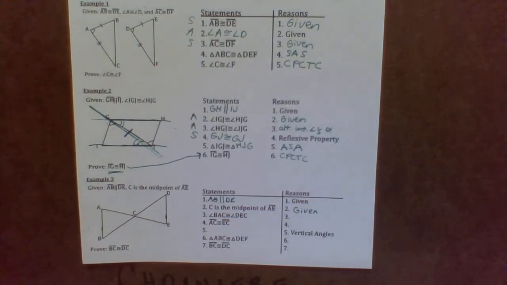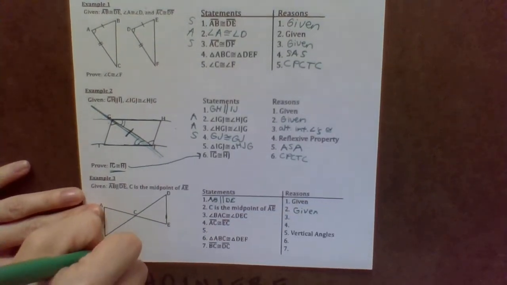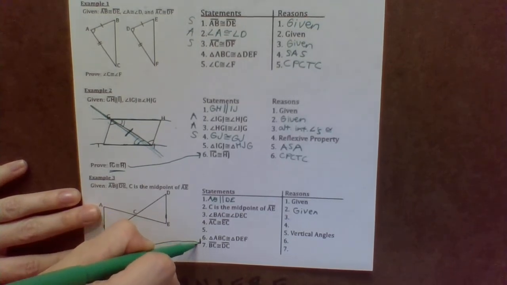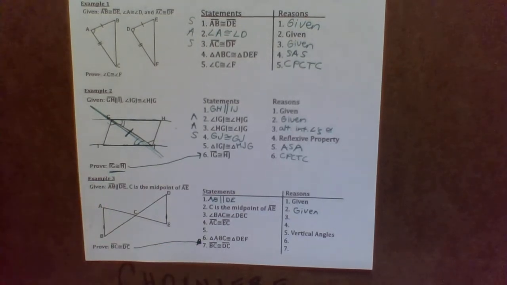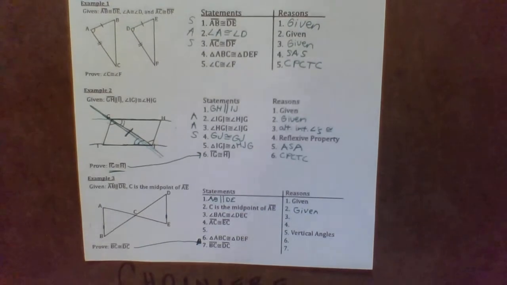And we end every proof with what we're trying to prove. So that's why for the last statement, you just drag over whatever it is that you're trying to prove. Now, we don't know the reason for that just yet, but we do know that that is what we're trying to do. So statement 3 says,